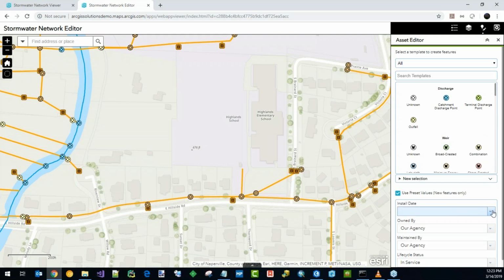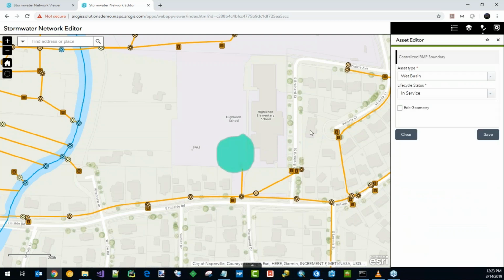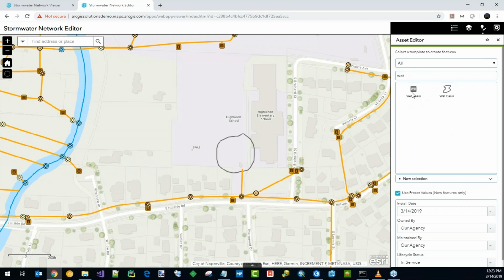Using the asset editor, we can start filling out some preset information. This is a nice capability of the Smart Editor widget, where we can promote different attributes to the main screen, so we can fill them out once, and then every edit will have that information carried forward. I'm going to search for a wet basin, which I can go ahead and quickly just sketch in the area of our new BMP, save our information, and lastly put a centroid location that represents the details of that wet